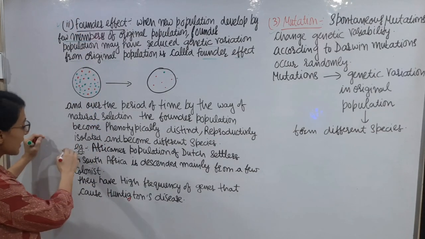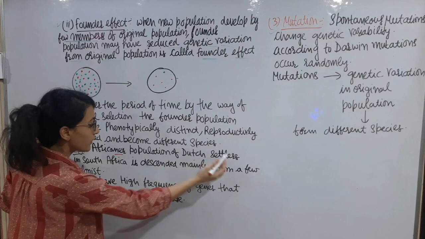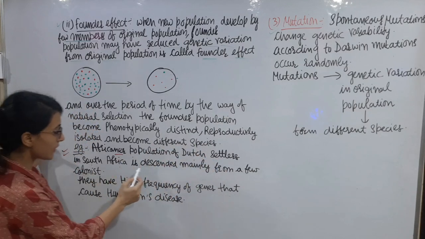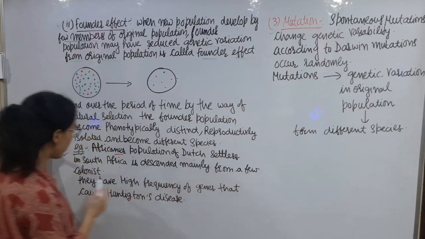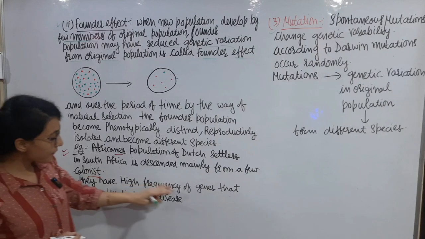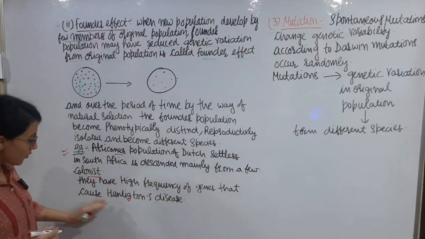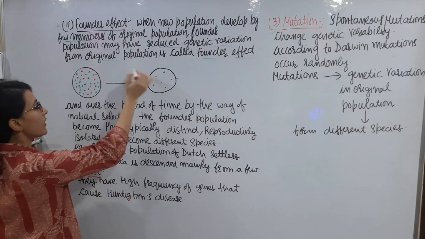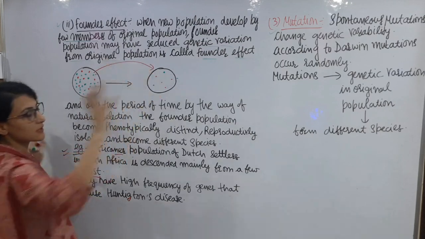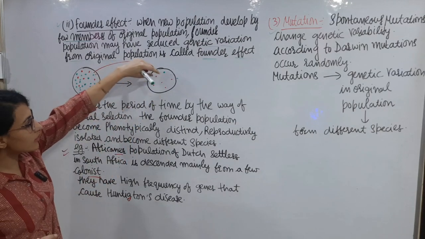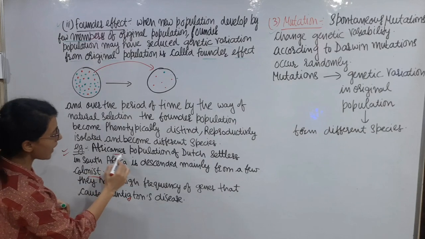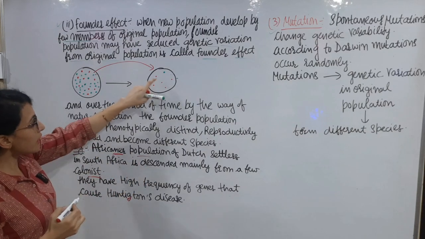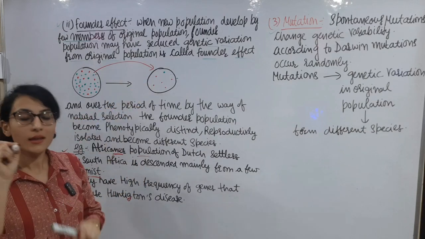An example is the Afrikaners population of Dutch settlers in South Africa, descended mainly from a few colonists. So they have a high frequency of genes that cause Huntington disease. Means कि यहाँ पे जो साउथ अफ्रीका में कुछ डच सेटलर्स मूव करे, इनको ही हम बोलते हैं अफ्रीकनर्स पॉपुलेशन। ये जो यहाँ पे फाउंडर पॉपुलेशन थी इसमें